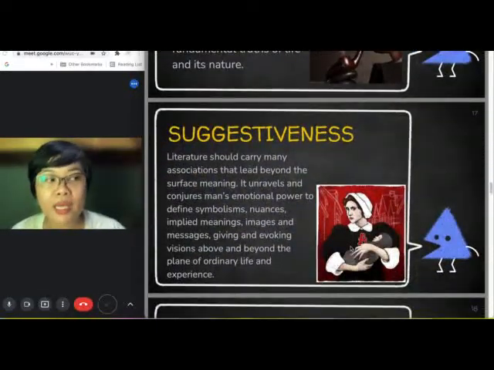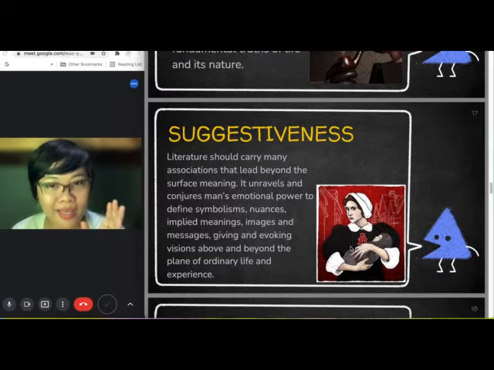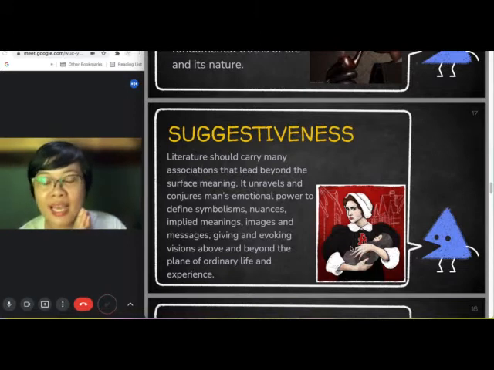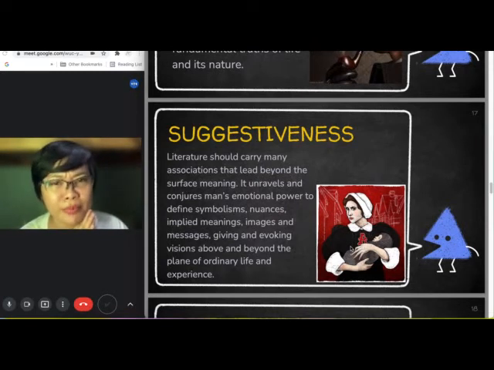What makes a book, a story, wonderfully written is when it gives time for suggestiveness,